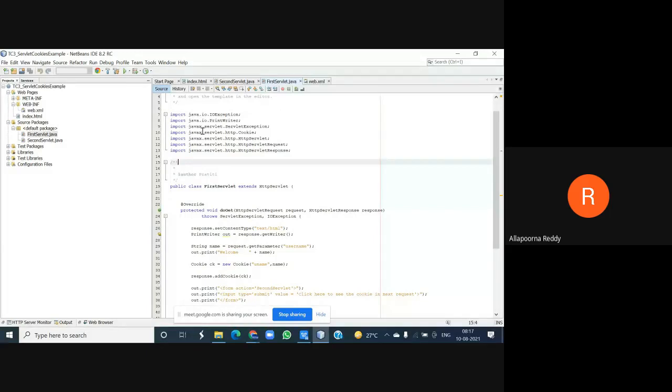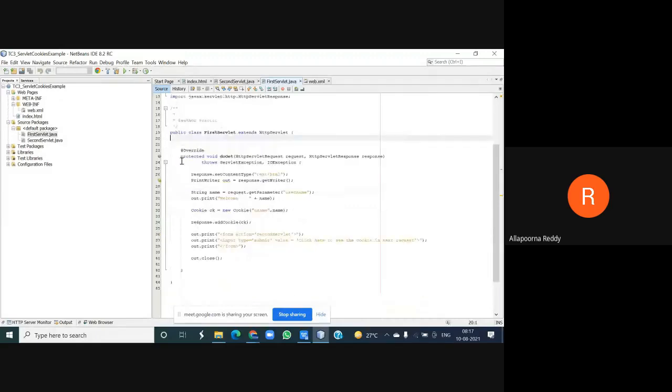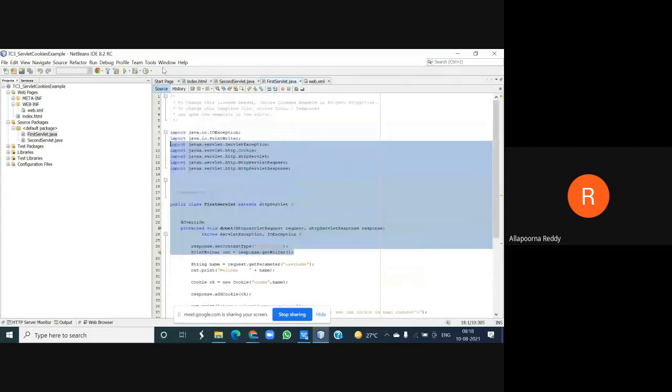So FirstServlet extends your HttpServlet. This is the base class and derived class we had. And this you already know. I need to get a method called doGet. You know what doGet and doPost methods are, and we have just seen them with an example, right? Up to this is common for us, everything. By default this code will be generated. No need to generate it from our side.